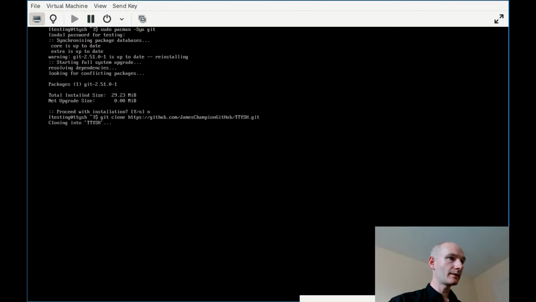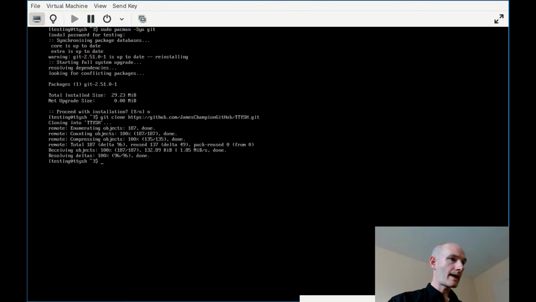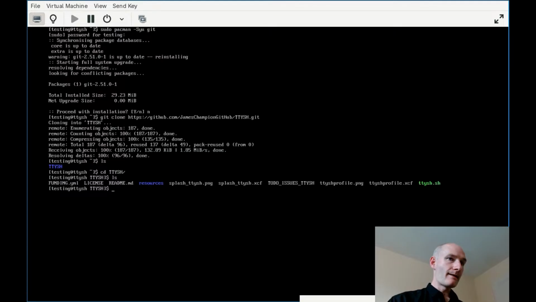So hit enter. And as you can see, it's done the cloning. If I type ls, you can see the folder. If I cd into TTYSH, this will have all the files, resources, all that you need. And all we need to do now is